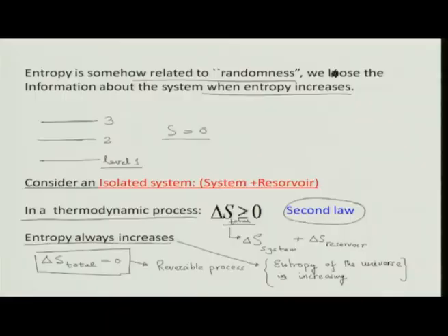Now, I would like to say briefly one more thing. Remember, entropy is a state function, and what was our first law? First law was dU plus pdV, and I am talking about reversible processes. What is dQ? We have already seen dQ by T is dS. Remember, I am writing dS because S is a state function, I told you repeatedly. So, I can write my first law in the following form: TdS is equal to dU plus pdV.